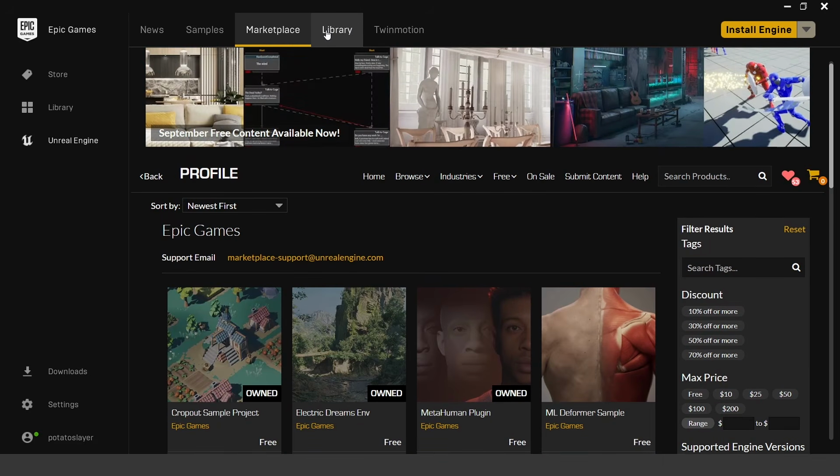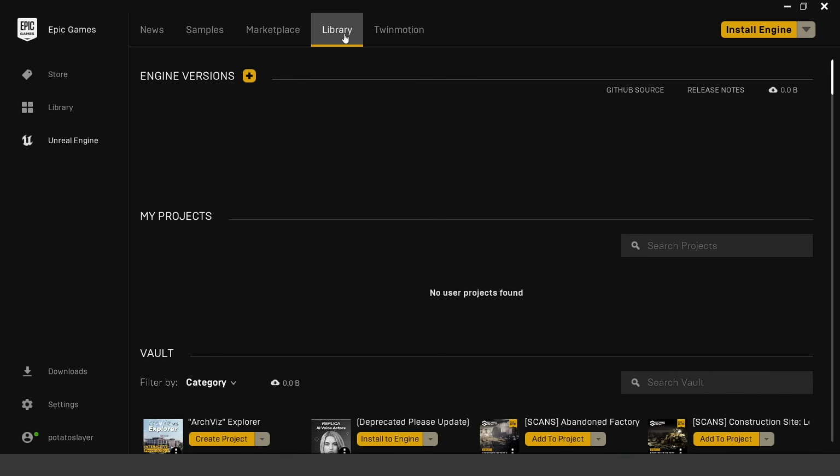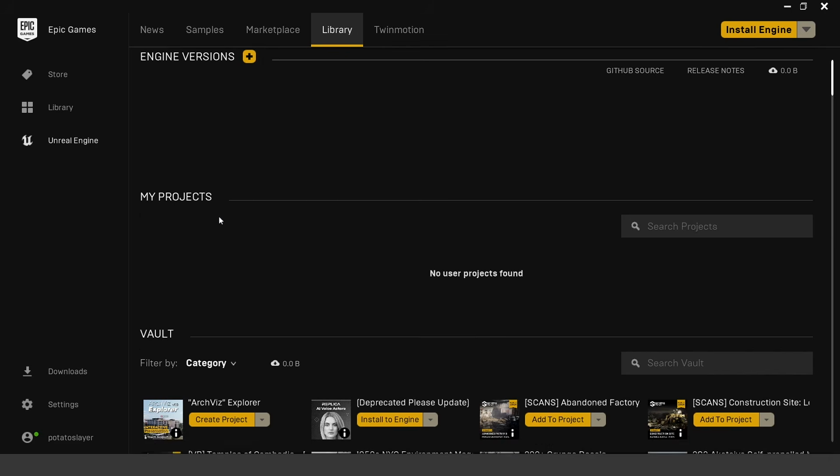Next up, we're going to go to the library tab. If you click on library, this is where you can install Unreal Engine. You can see we have engine versions, and we have this little plus icon. This is where we're going to install the engine in a second. And down below it, we have projects. This is where your Unreal Engine projects will show up. We currently don't have any projects, but later on, when we actually create one, this is where